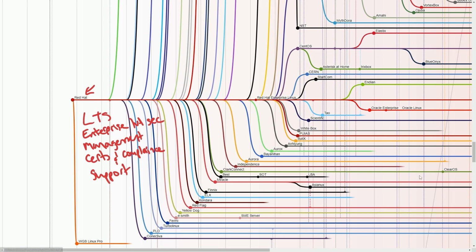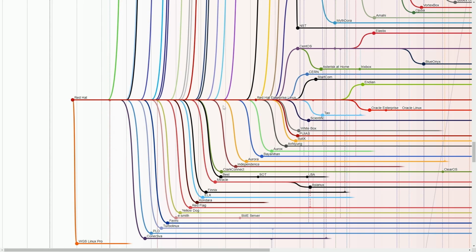Red Hat is a big name in the game, but has also spawned many different distributions itself, including being named Red Hat Enterprise Linux, and spawning many different distributions from the likes of Oracle Linux, CentOS, Rocky Linux, and Alma Linux, all having stemmed